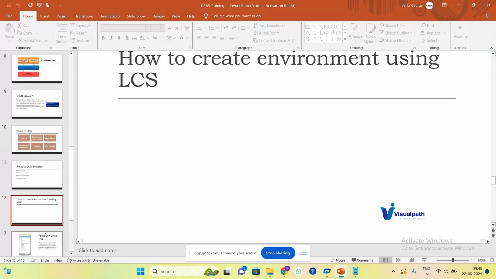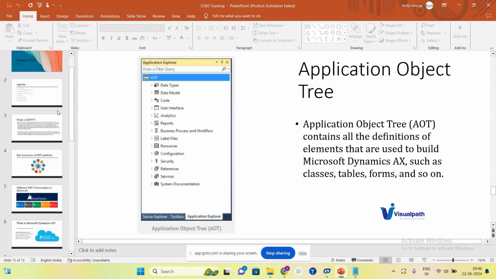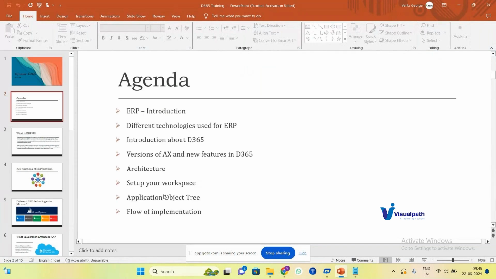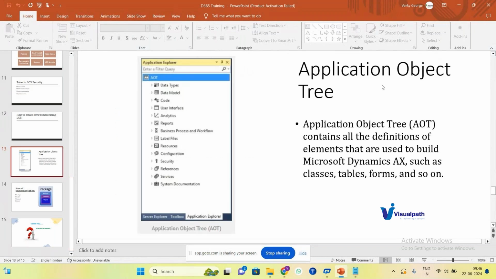And coming to the development of Microsoft Dynamics. If you come to the agenda, I have shown the application object tree. What is the application object? The application object tree contains all the elements within the application that we are using to build an application. Example,